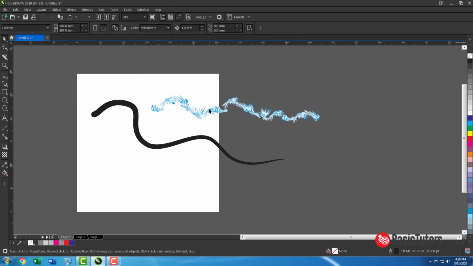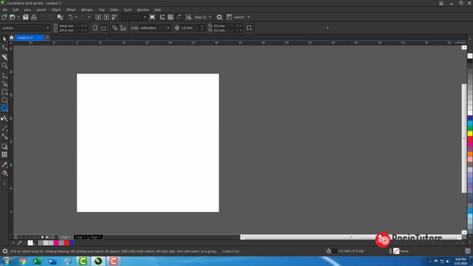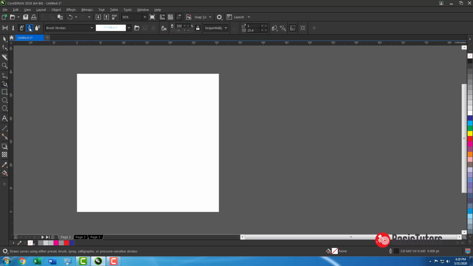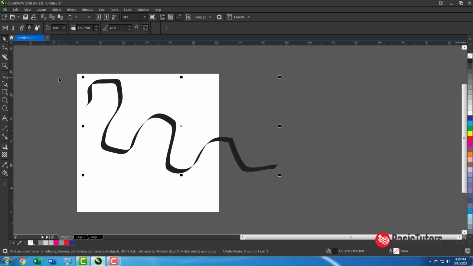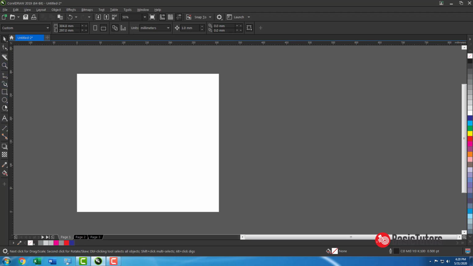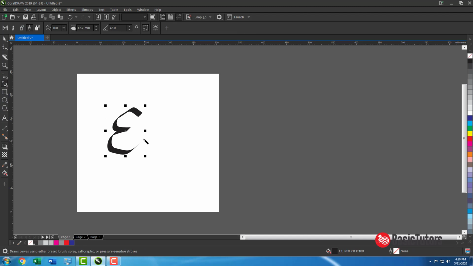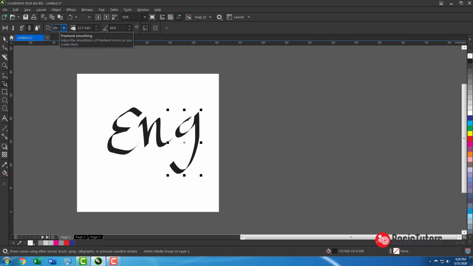Also there is a calligraphy pen, so you can draw some display things. You can change the direction, thickness, and all those things with these options.